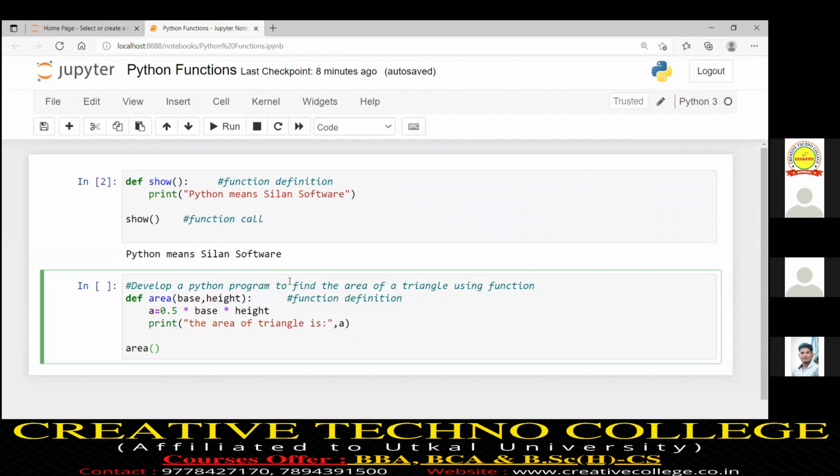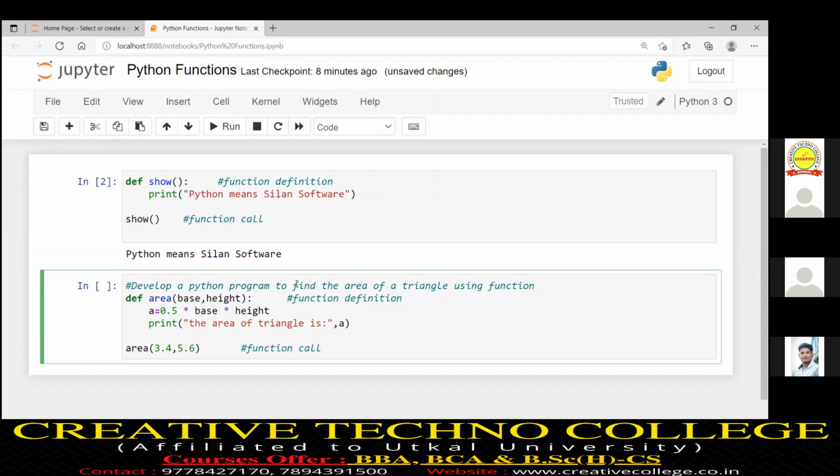Suppose I write 3.4 comma 5.6. This is called a function call. At the time of function call, whatever arguments we take are called actual arguments. So 3.4 is the value of base, and 5.6 is the value of height.